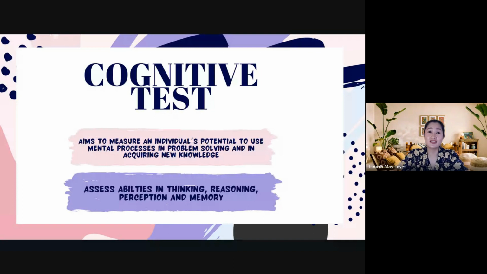Example, we are using the cognitive test in ways. Dito natin tinitingnan how the individual is able to use his cognitive thinking skills in solving a problem or in making decisions at hand. Yung mga issues, yung mga concerns, yung mga problems, yung mga challenges, how does he use his cognitive capacities to address those? Okay? So, example,